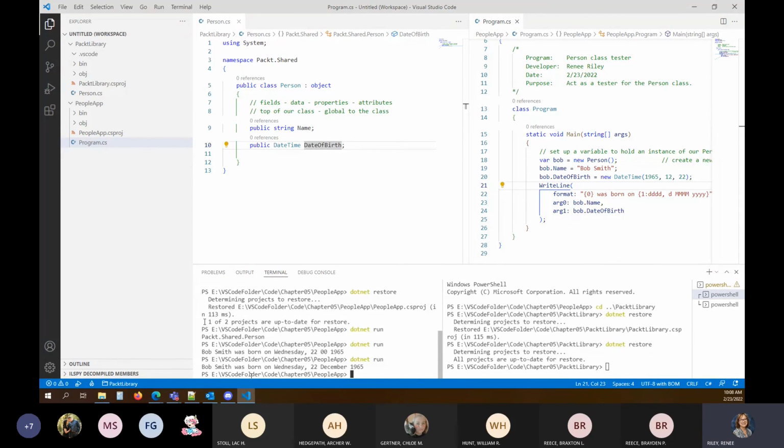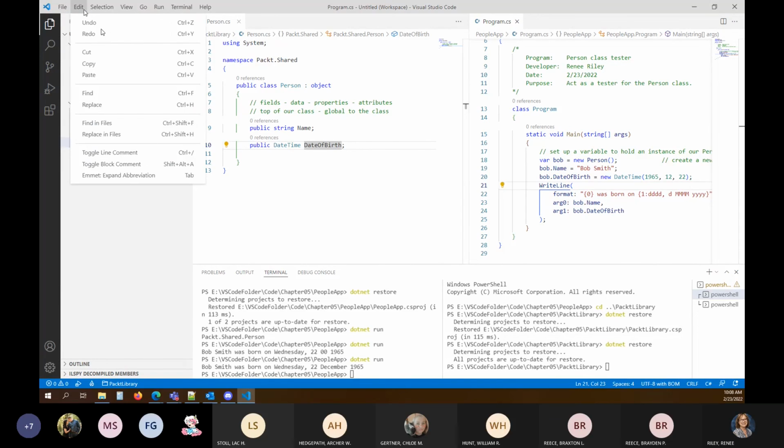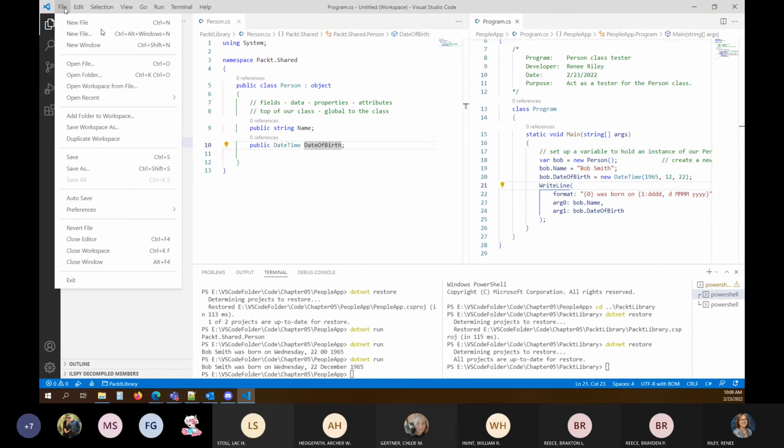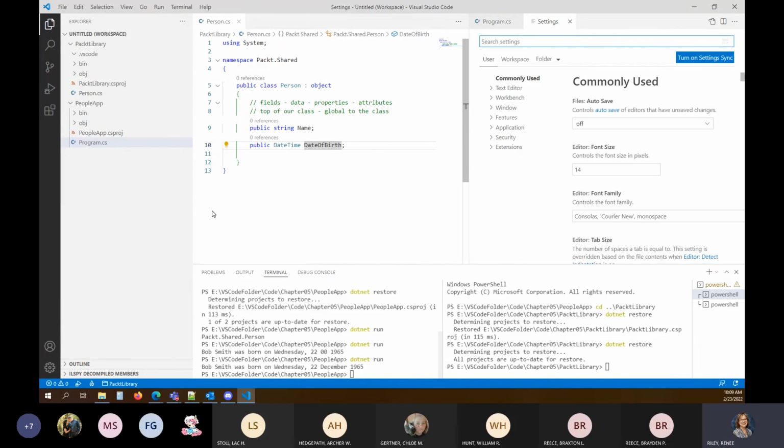All right. Let's find the curly brace thing. On your file menu, go to Preferences and Settings.